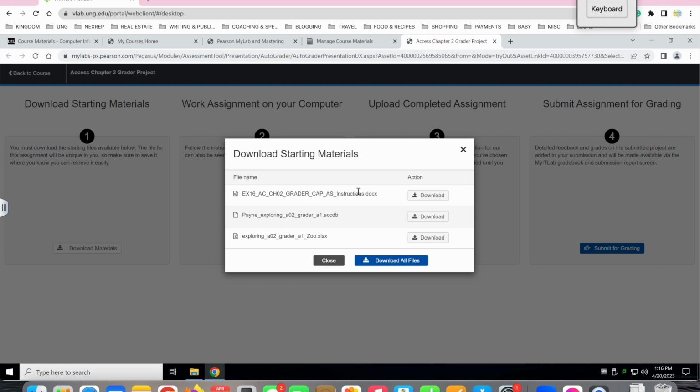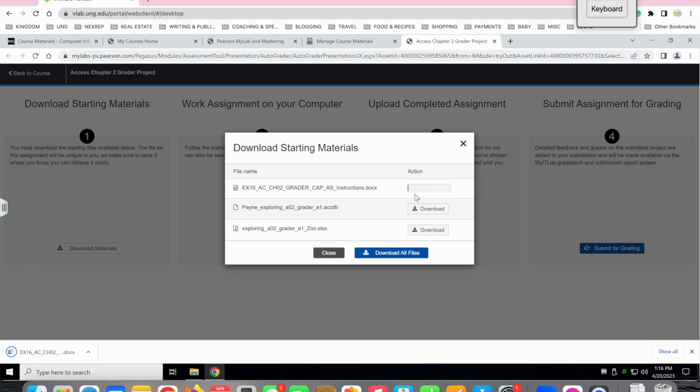You'll see that we have our instructions file like always, which is a Word document. We have a database file, which totally makes sense. And then we have an Excel file. And you might be wondering about that, but for now, let's just go with it and let's just get everything downloaded. So I've got my instructions, and remember, files that I'm going to be working with